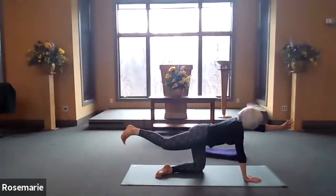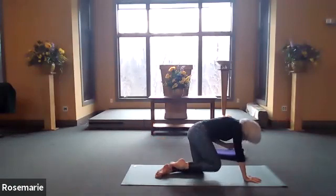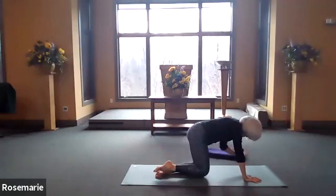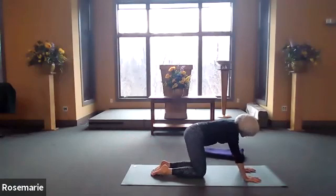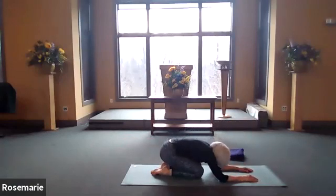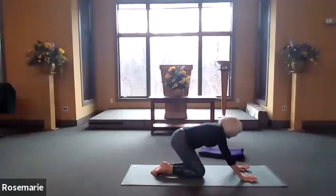So lengthen, then curl. Lengthen, then curl, and then relax. We will do the other side, but take a moment in child's pose. Shake out your wrists. Come back up